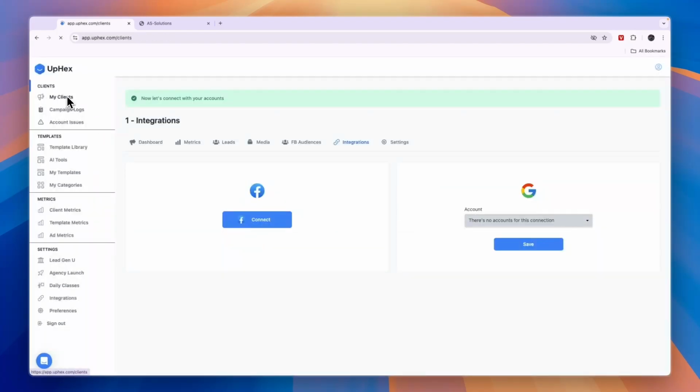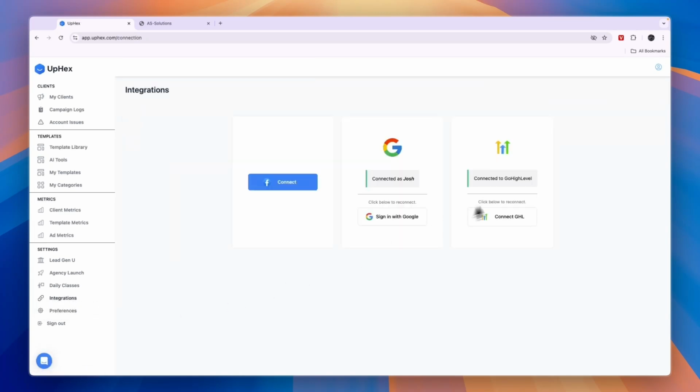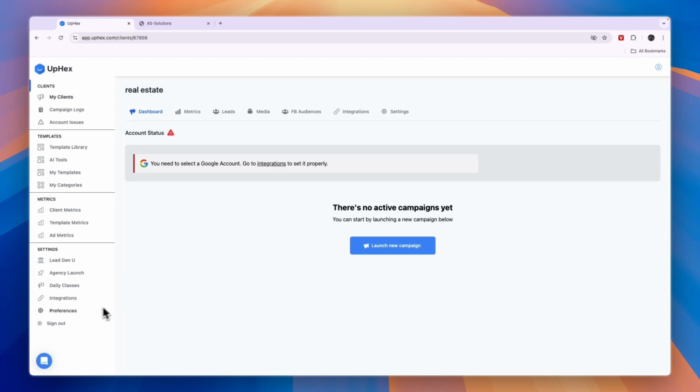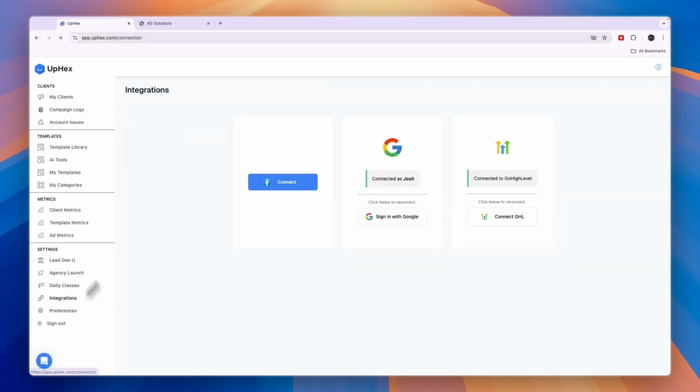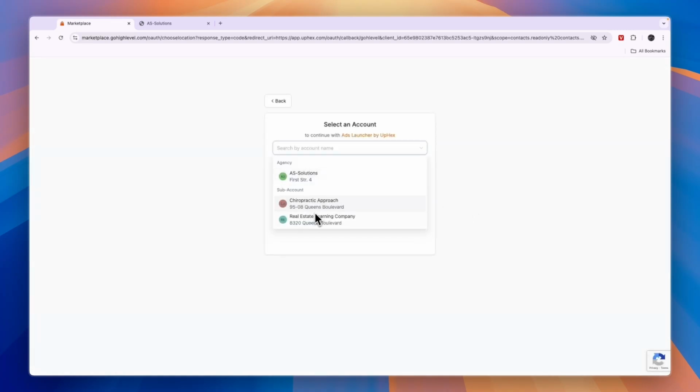And now in the My Clients section, you will see I now have 2 clients right here. Now if I go to the integrations again and click Connect GoHighLevel. So after you have connected your sub account on GoHighLevel to UpHex by clicking on Connect GoHighLevel, and then here just select the sub account or your entire agency. So after you've connected that,